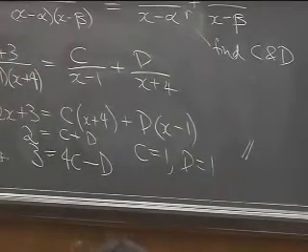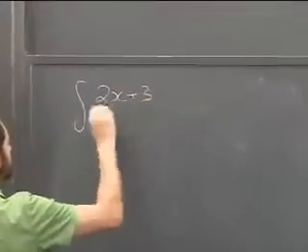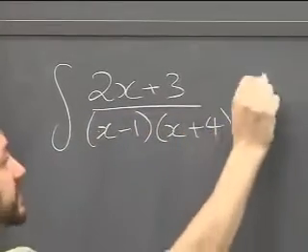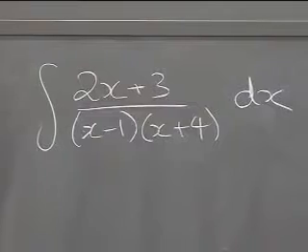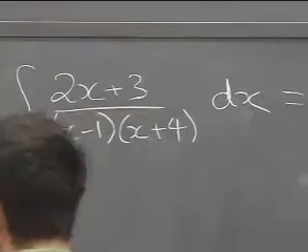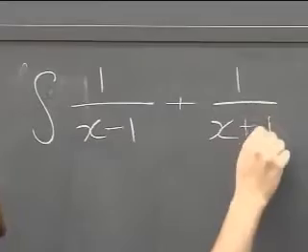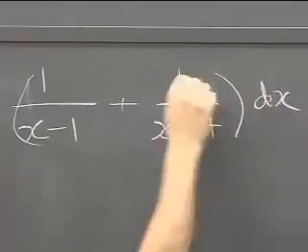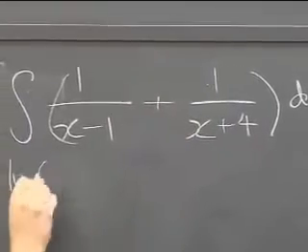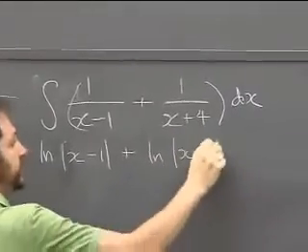So that's the solution. So this means that if you have to integrate (2x plus 3) over (x minus 1)(x plus 4), now most of the time this would not have already been factored. I'm assuming that as step 1 you already factored it. In this case the coefficients are both 1, so the way to write this is 1 over x minus 1 plus 1 over x plus 4 dx, and there would be not much difference if there were some other numbers here. It's very simply, in this case, log absolute value x minus 1 plus log absolute value x plus 4